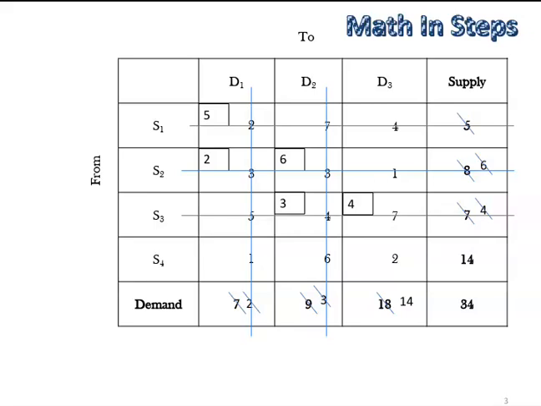Now we are only left with the last cell with cost 2. For this cell you can see that the supply is also 14 and the demand is also 14, because this is a balanced transportation problem. If by any chance you forget to check whether it is balanced or not, then at this particular point you will get supply and demand different. So you will have to redo everything all over again. So please make sure before you find the initial basic feasible solution, the problem should be balanced. So now at this last cell, we'll allocate 14 and we'll cancel the supply and demand.